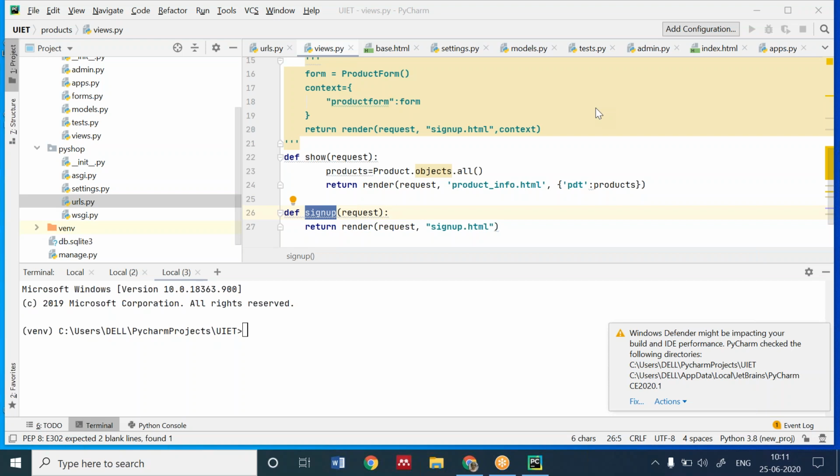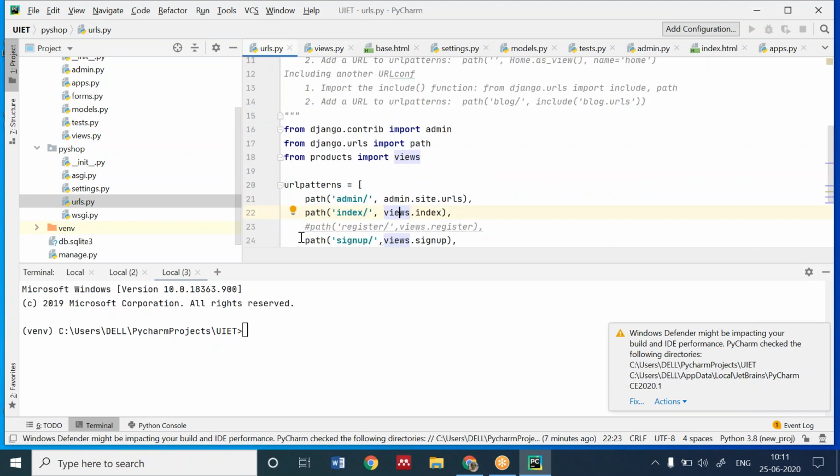Yes, Bhavya, your code is wrong. See that there is an indentation problem in that. You have not provided proper indentation. You should have given the space and then written the path. And you have not imported the views file. You have to import from your package name. A small mistake is there in the URL portion.